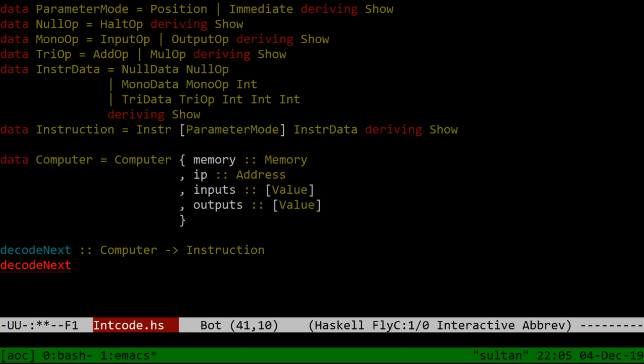Now, how do you read a vector? Accessors, indexing, safe indexing, and non-safe. So I'll just use the non-safe one. Decode next of computer. I guess I need the memory and the IP anyway, so decode next C or whatever equals case, well,